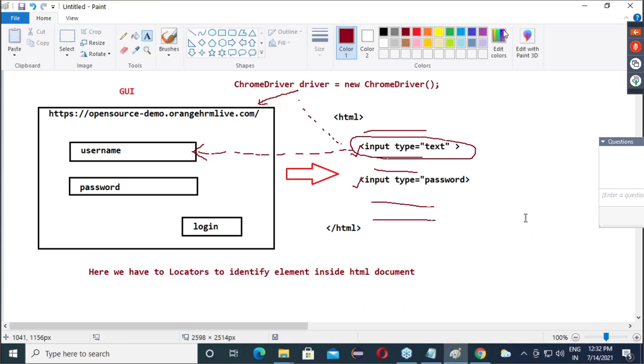Guys, write down. Take the subheading locator, note down everything.